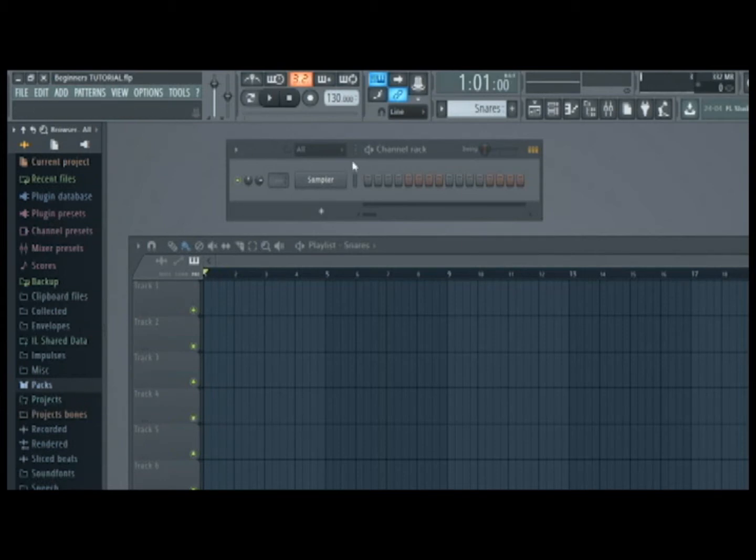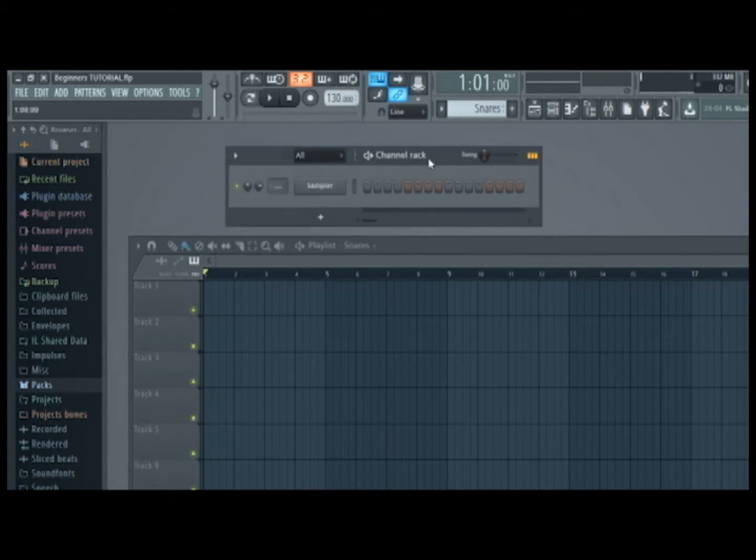Now the first component I'll introduce you to is the channel rack, right? The channel rack is the place where you do all your editing and also creating music, right? So all types of music, whether it is bass, the lead music, or the vocals, it's done here. Everything is done here. And the playlist is, as the name says itself,